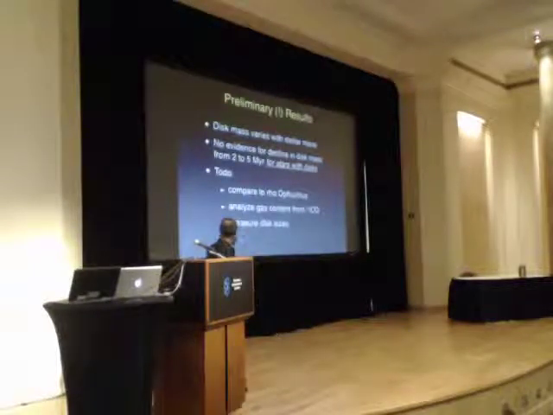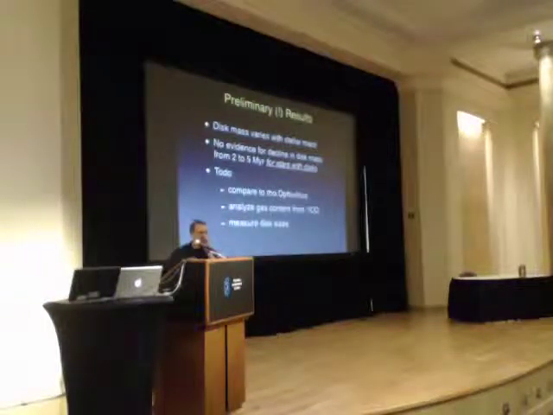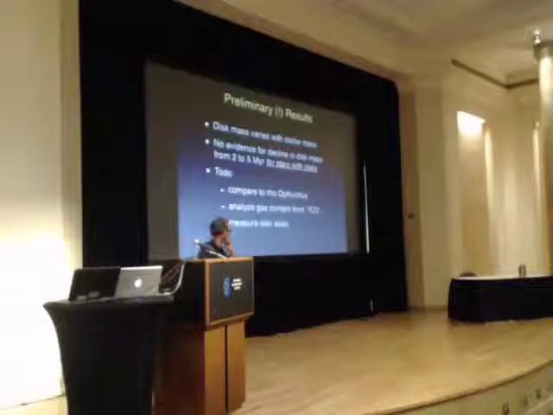So there are several things that we're still working on. We're going to try to compare this with Rho Ophiuchus to see if we can make a meaningful comparison there. We have this 12CO data, so we're analyzing the gas content. And with the interferometry observations, we have about 0.5 arcsecond angular resolution, and so we can actually get measurements of the disk sizes as a function of stellar mass within Upper Sco. We're working on those data now.